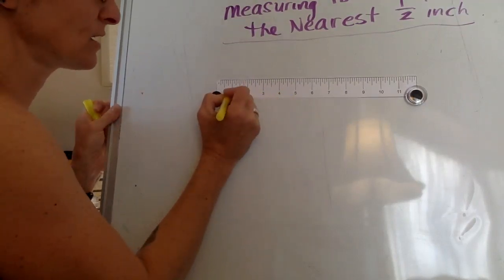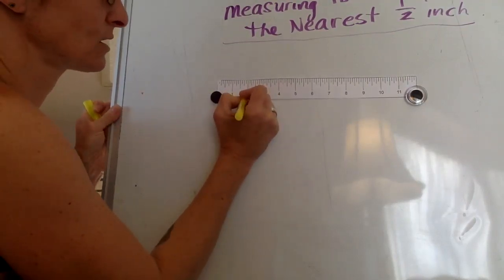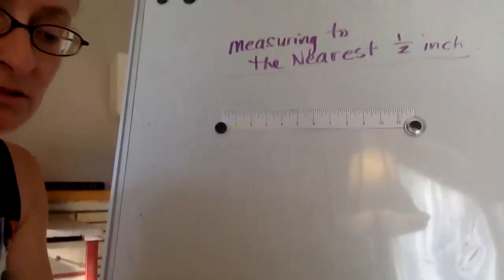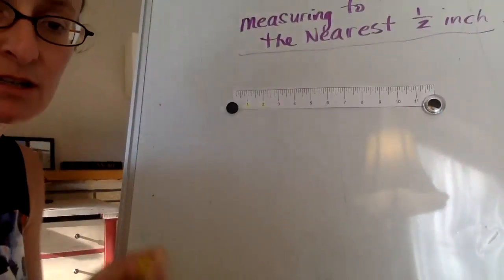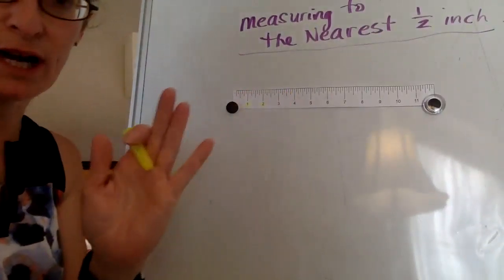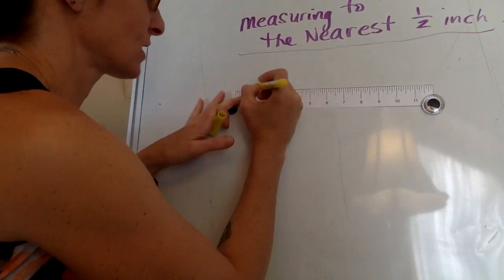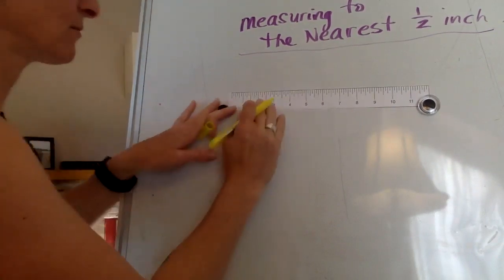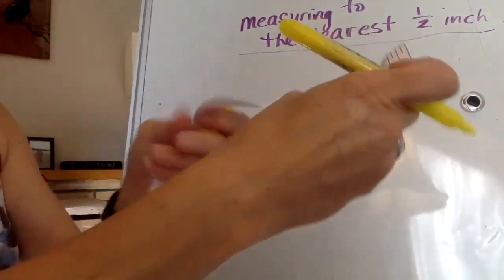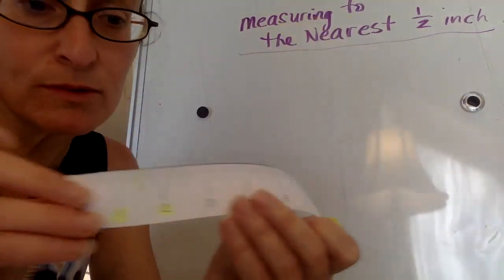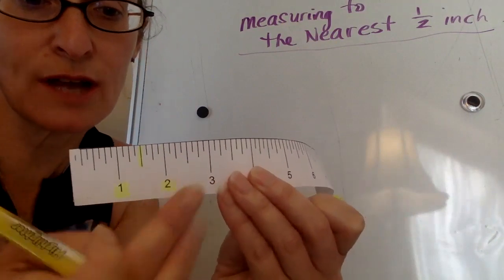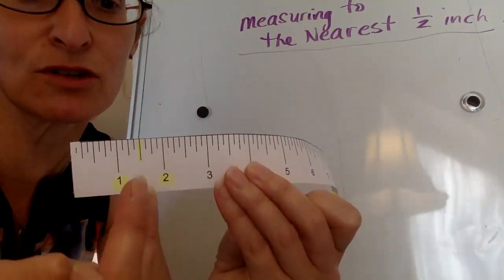So I'm just going to highlight my benchmark. Here's 1 inch, 2 inches. Can you see that, boys and girls? Oof, I'm not sure you can. So let me just do it here. Right in between the two whole numbers, there's a larger line, about half the size. So let me pull this a little bit closer. This way. So this is 1 inch, 2 inch, and then right in the middle of those two is